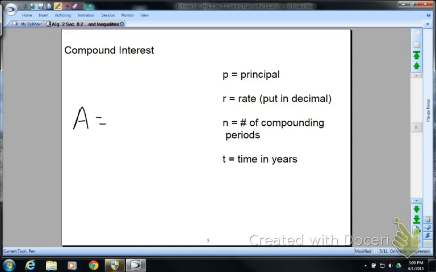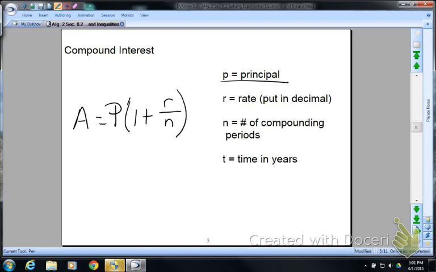Now we're going to talk about compound interest. Compound interest is very, very important. You will use this in your life, especially if you want to make investments. They use the compound interest formula for calculating how much you earn. A stands for the amount, is equal to P, and P stands for your principal, times 1 plus your rate, and rate is a percentage rate that you will have to put in decimal form to calculate it, over N. And N stands for the number of compounding periods,